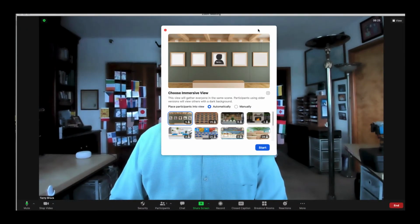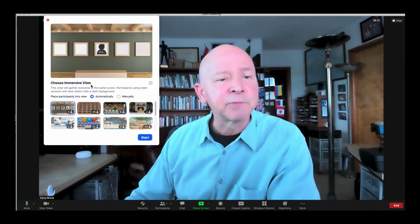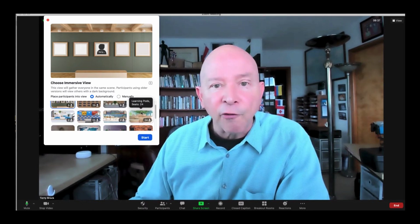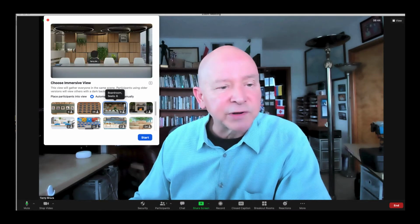First of all, a big old box comes over my head, and I'm going to bounce over here, kind of roll over to the side here. And you'll see it says choose immersive view. They give you several that are available with Zoom in this new version, but you can also create your own. I'm going to show you a little bit about that in just a few minutes. But let's say, for instance, let's go back to this one that we saw right there,